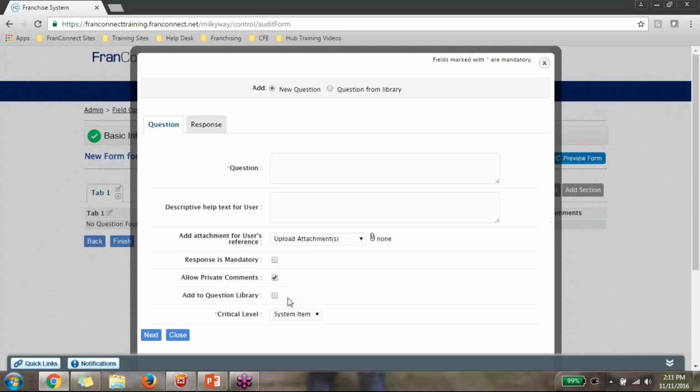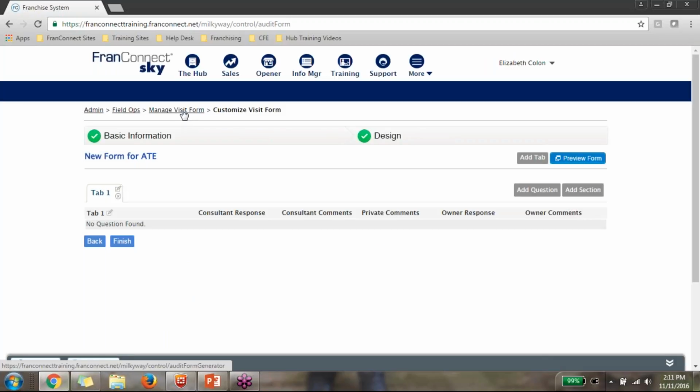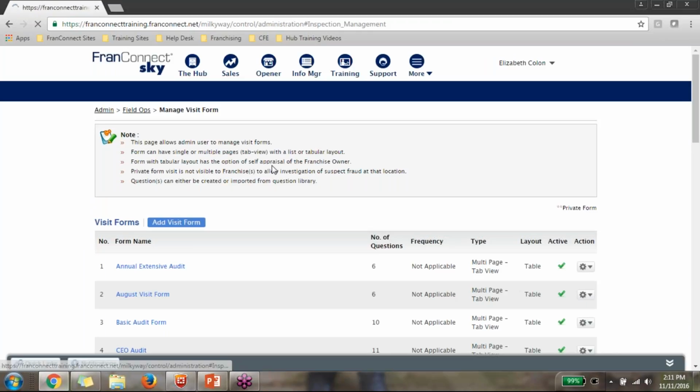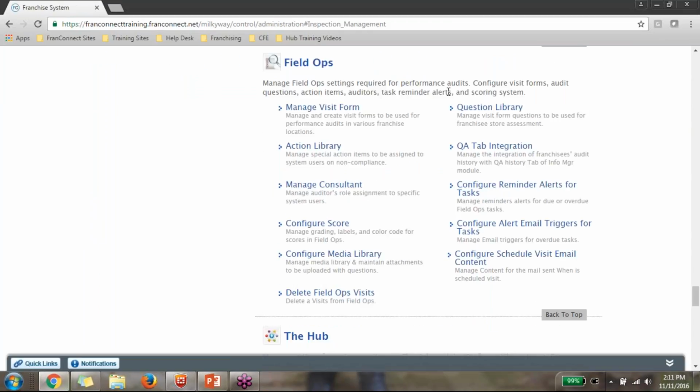And the truth is, if we haven't selected this field here, we have to create that question in another form again. So I'm going to highly discourage all of you from using this method. Don't create the question in the form, because if by accident you forget to check this box, then you've lost that question for use in other forms later. So what I'm going to encourage you to do today, under the Field Ops, is to always create your questions from the library.